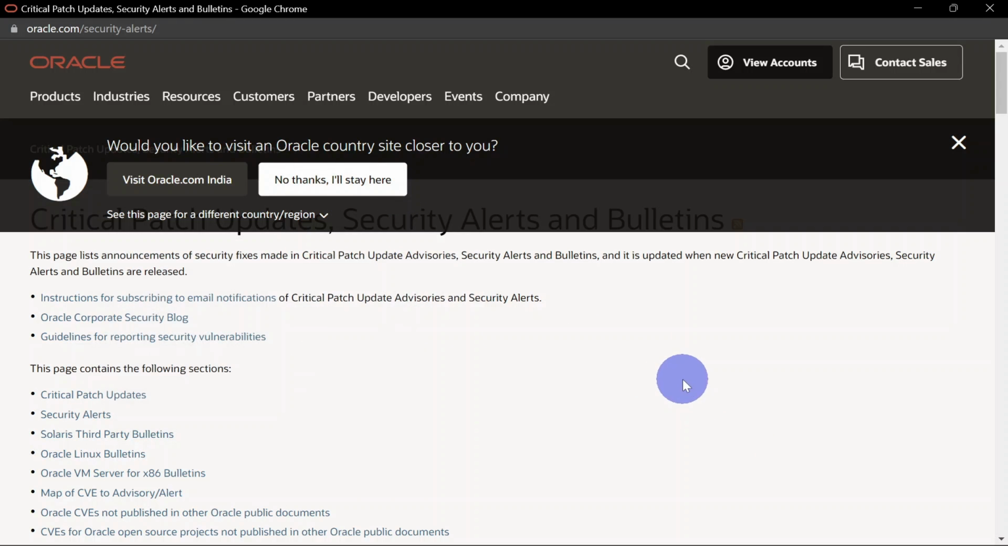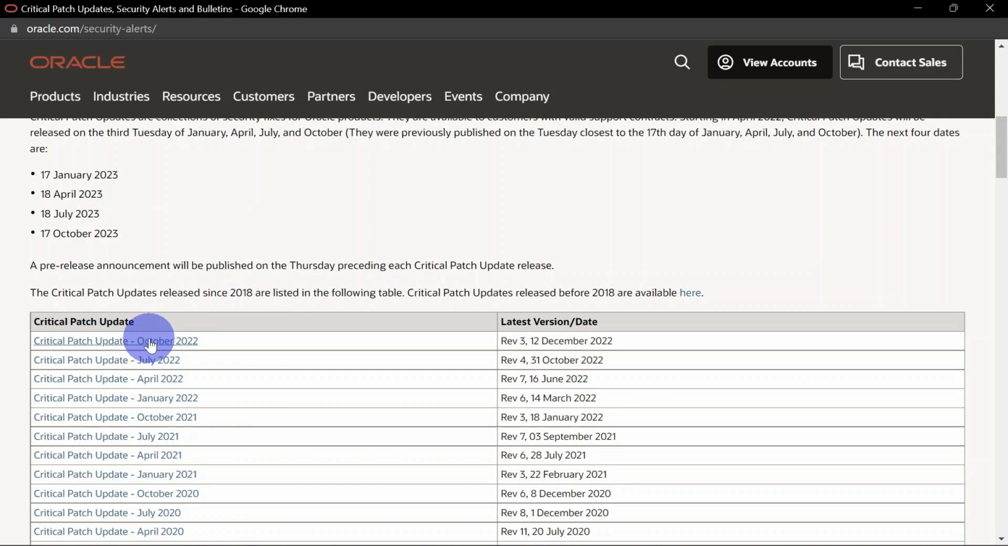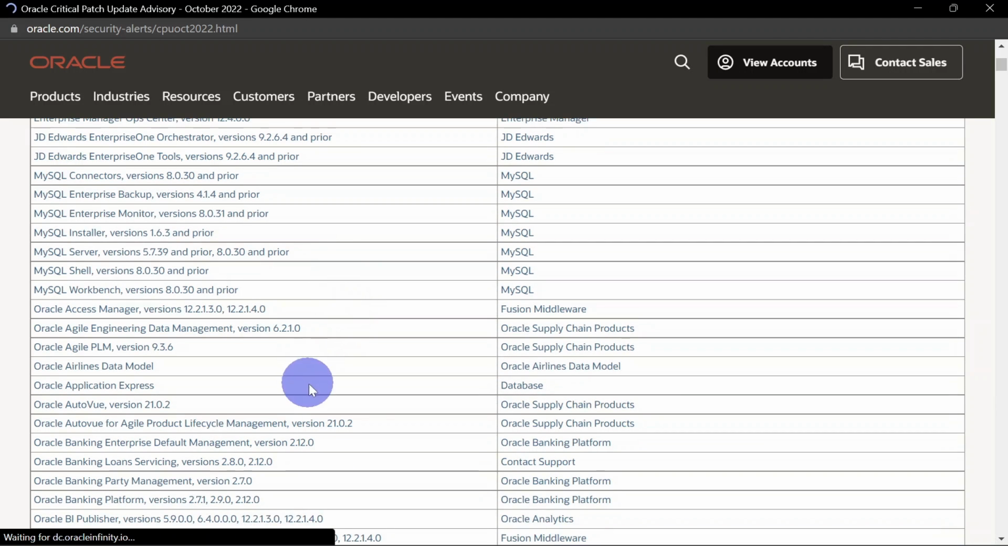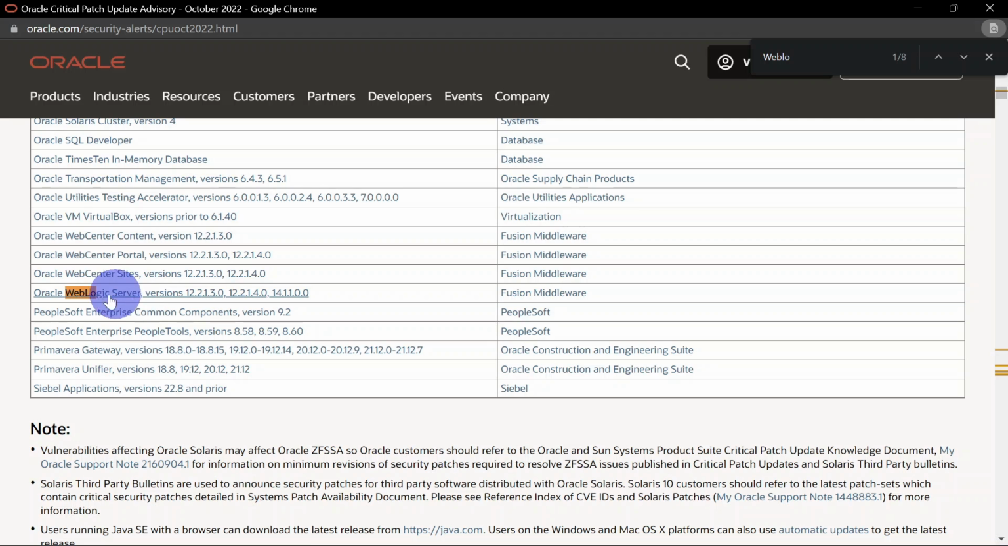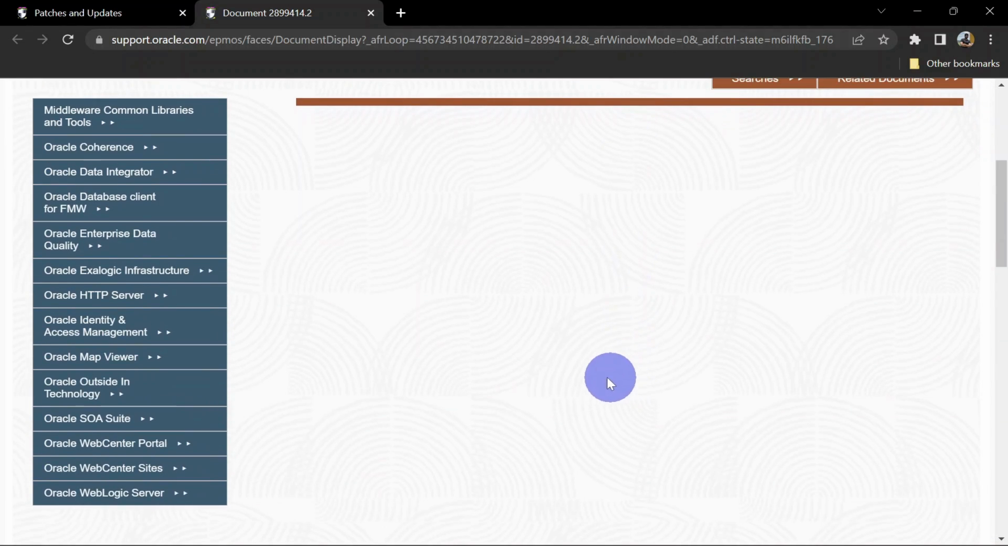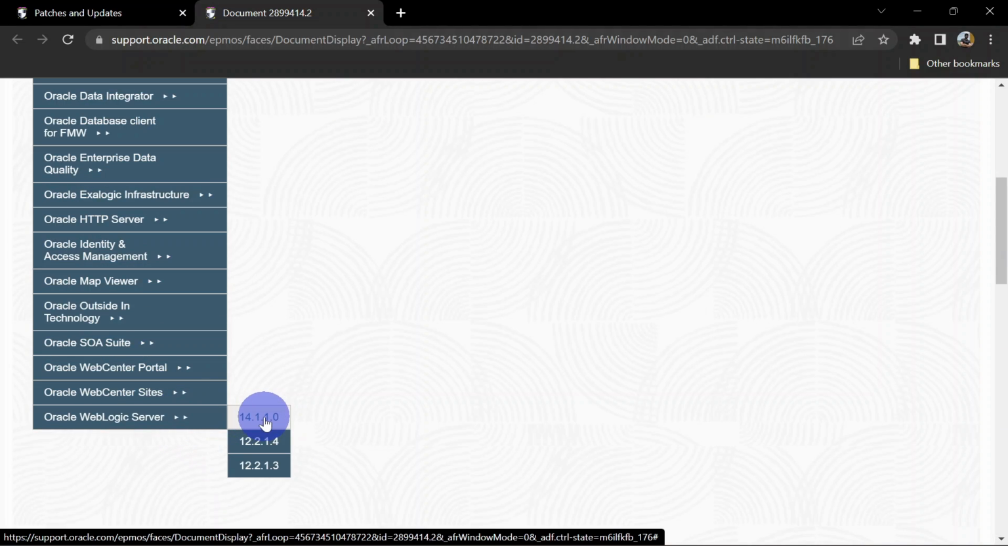On this page, you can see Critical Patch Updates for October. That is the latest patch update. Let's click this. Here we can see updates are available for different products. We'll search WebLogic. Here we have WebLogic Server, and we'll click Fusion Middleware. On this page, you can go to Oracle WebLogic, and here you can select the WebLogic version. So we will select